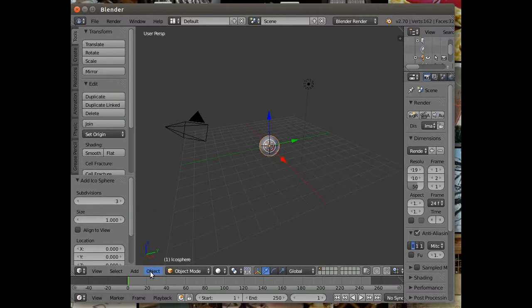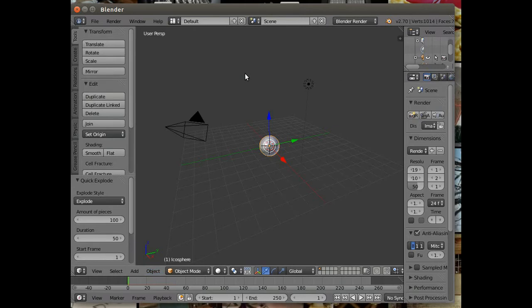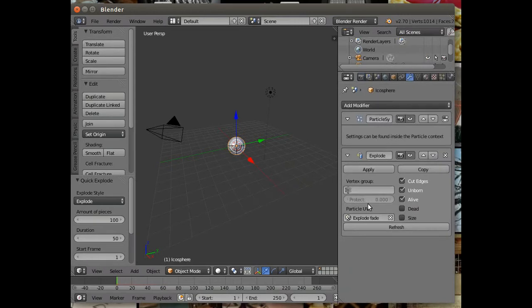And then all we do is, from quick effects, we go quick explode, strangely enough. And as you'll see, that has put an explode modifier in, it's put a particle system in, and basically I'm going to leave this completely alone,